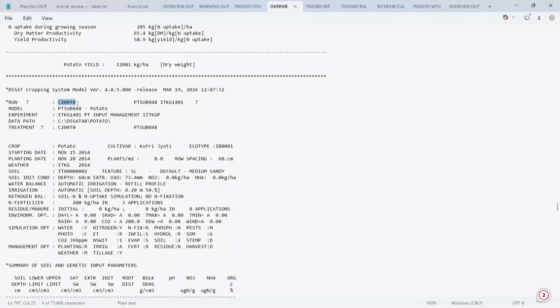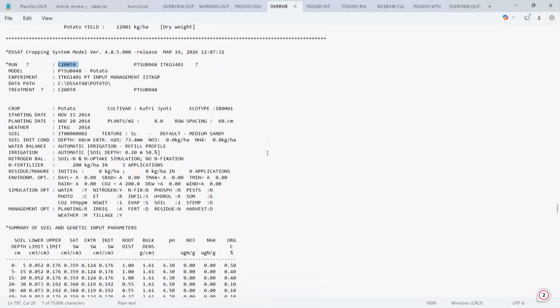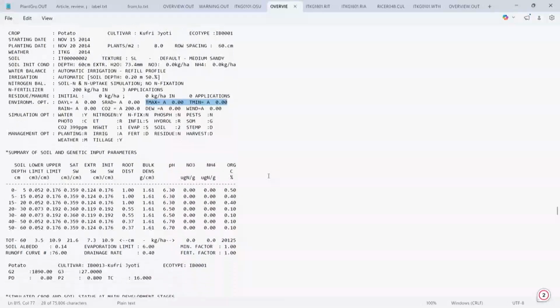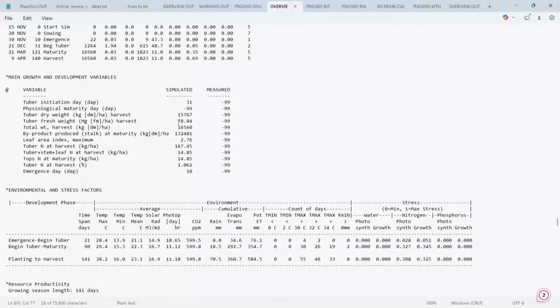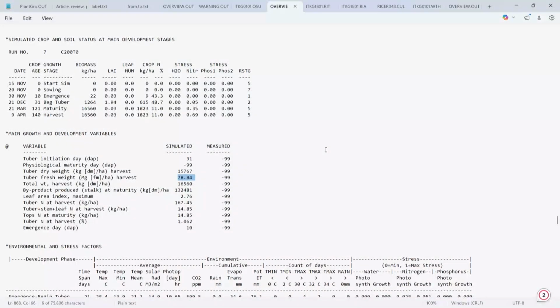If you see the environmental modification file, the carbon dioxide level is increasing by 200 ppm, but the temperature addition T max or T min is 0 degree, 0 degree. In this case, you will find the maximum yield. If you go to the yield value, you can find the yield is here 78 I think 6 kg per hectare.